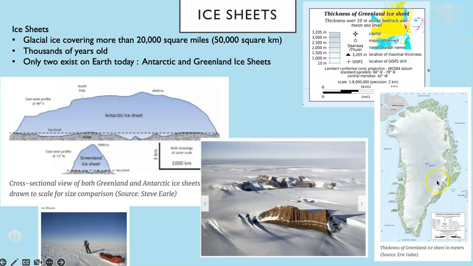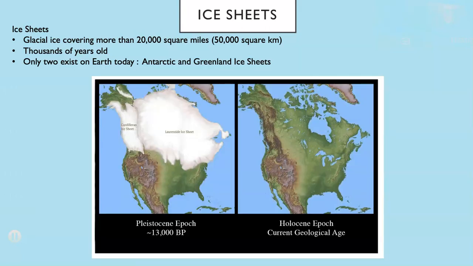The thickness of Greenland's ice sheet in various areas is measured pretty carefully year after year because we can use it as an indicator of how much ice is melting due to rising temperatures. So the ice of Greenland is studied in a lot of detail to try to tell us a little bit about global warming. Now, as I said, there were ice sheets around during the last ice age, which ended about